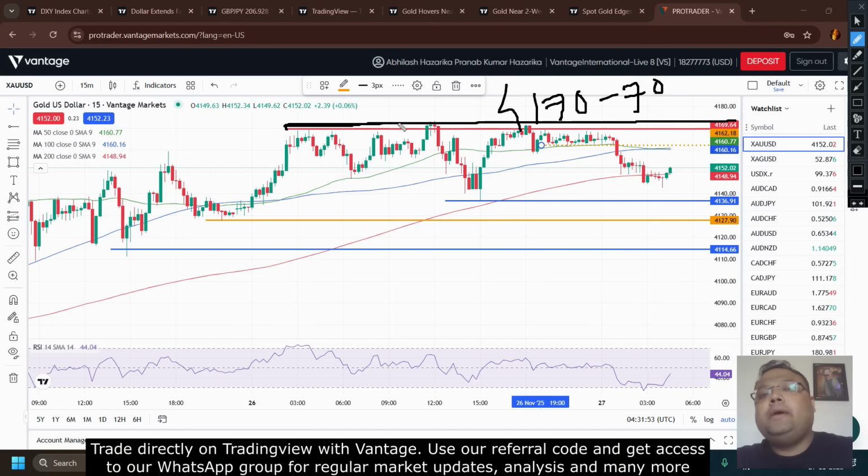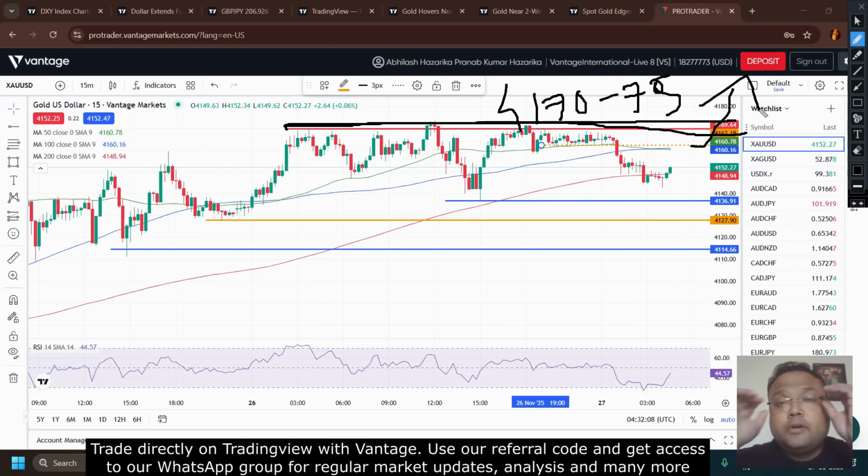I think we may get another selling opportunity around 4170, 4175, but later on the market should be going above it. By the US session, if you see that gold is bullish and going above 4175, then we can look for a buy at breakout. But right now, when the market is choppy and trading in a range, day traders may get another opportunity to sell around 4170, 4175. Ultimately, it should go above 4175 because the overall trend of the market is bullish.